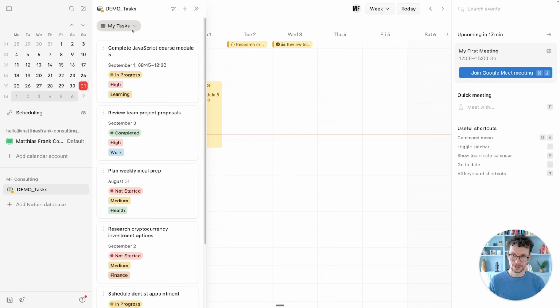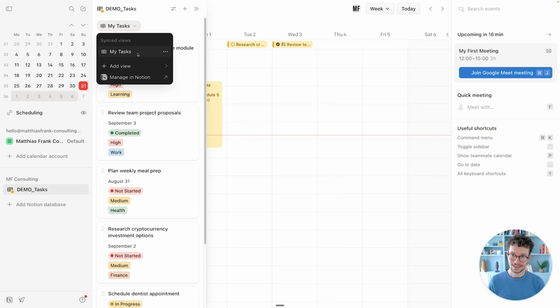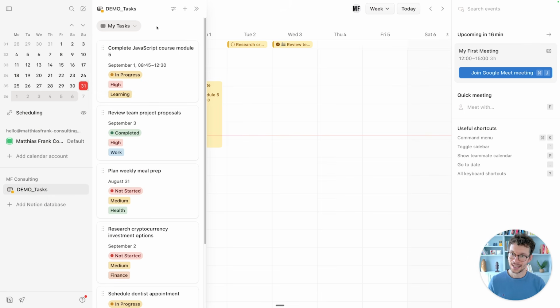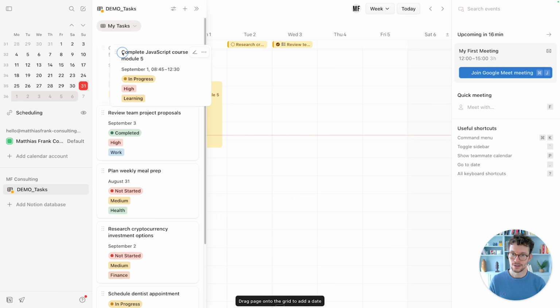So you see, right, first at the top, it tells me this is from demo tasks. It's from the My Task view. That's the only view that's currently synced. We will sync another one in a second. And here we can now decide, right, which elements we want, and we can simply drag and drop them from